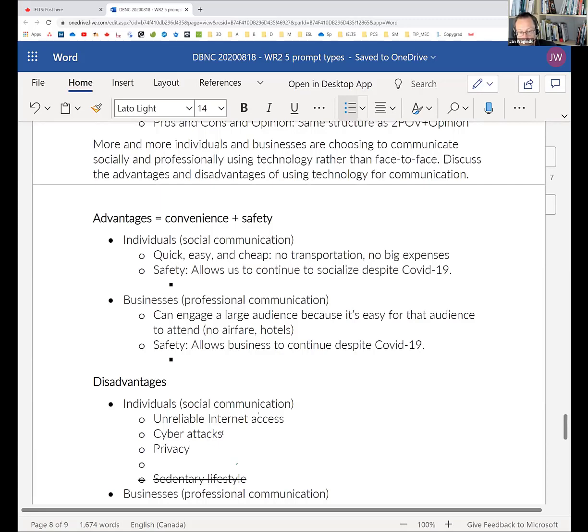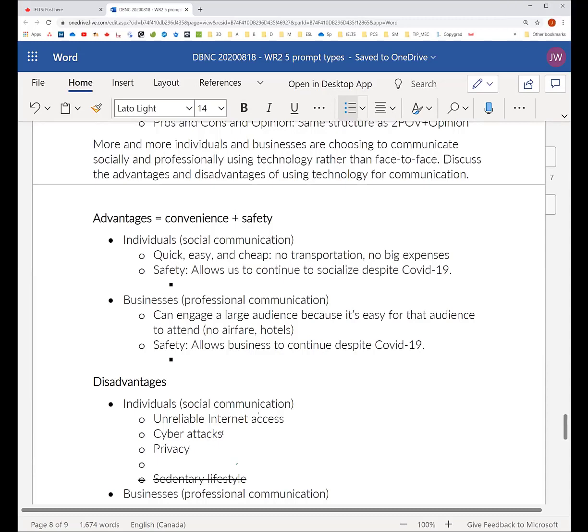I'm just afraid we're going to go off track on that one. Okay. So let's just focus on the communication itself. Let's just assume you've got reliable internet access. No one's hacking your conversation. Is communication the same via Zoom? Even if you think about this class, do you prefer to be in a classroom? Does this have any disadvantages compared to that? I think yes.